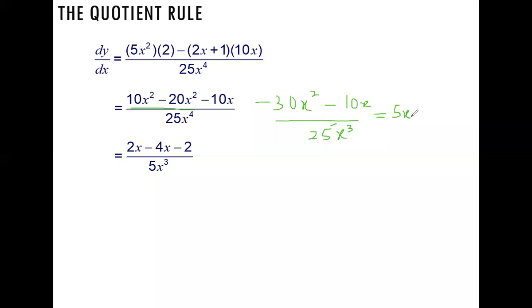X is also common, so 5x, and in the bracket we have minus 2x minus 2, over